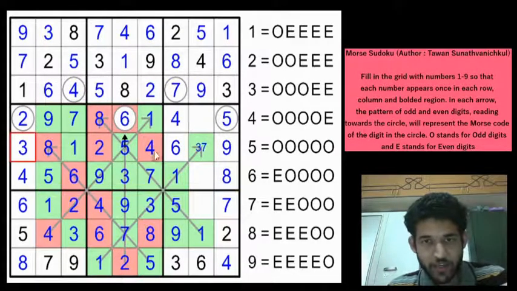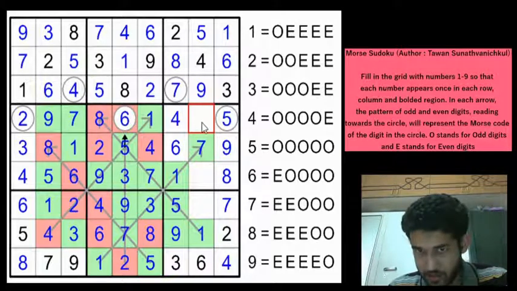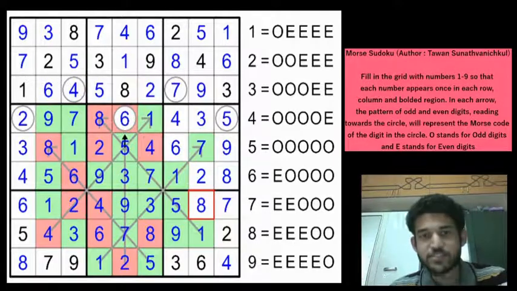And we can finish off row 5 now, so this would be a 7. And these two cells must be 2 and 3, right? 1, 4, 6, 7, 5, 8, 9. So you have a 2 here. So this will be a 3 and this will be a 2. And we have only one more digit left, which is 8. And that completes this Sudoku.